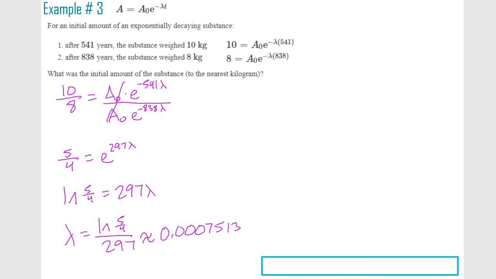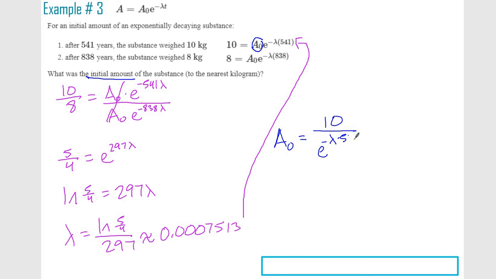Okay. So now we've got our lambda. And now we can plug it in to one of our answers, or I'm sorry, one of our original equations, and solve for our initial amount. So now let's solve for this. Okay, so we're basically our initial amount, right? That's what we're looking for. The initial amount would just be 10 divided by e to the negative lambda, which we just solved for, times 541. So let's plug that into our calculator,